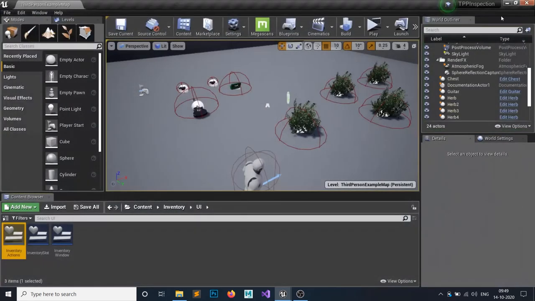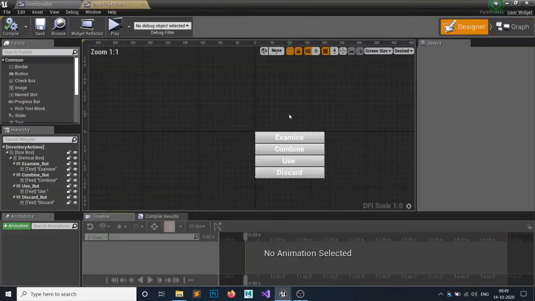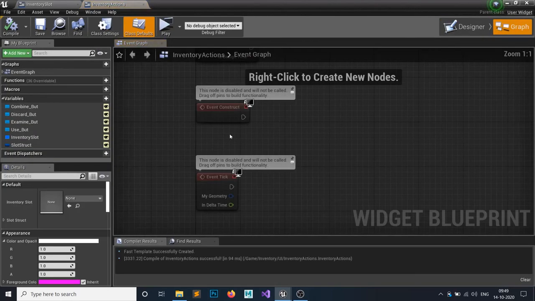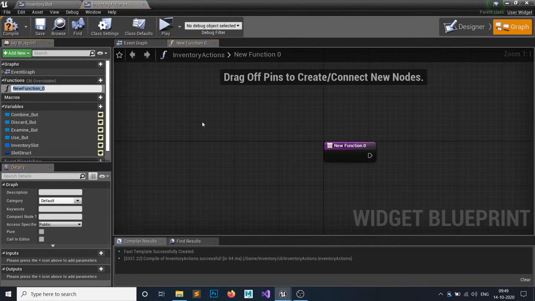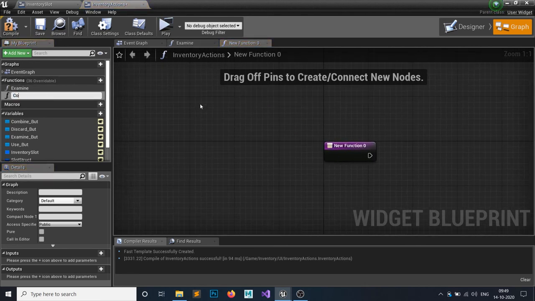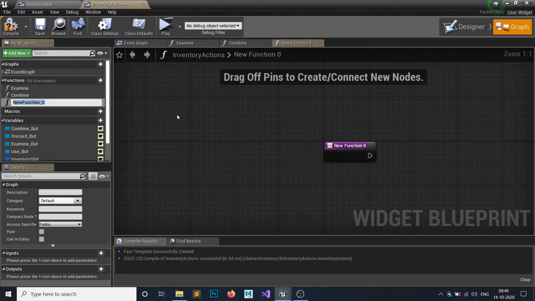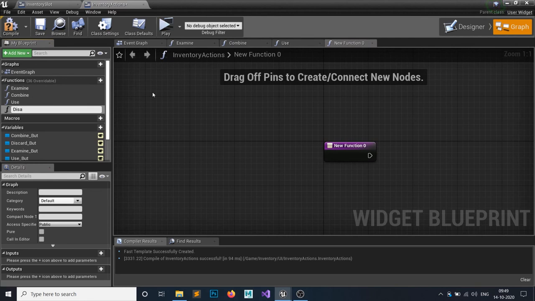So we have done all these things, and now only this part remains. So let's make 4 functions. First one is examine, second one is combine, third one is use, and fourth one is discard.